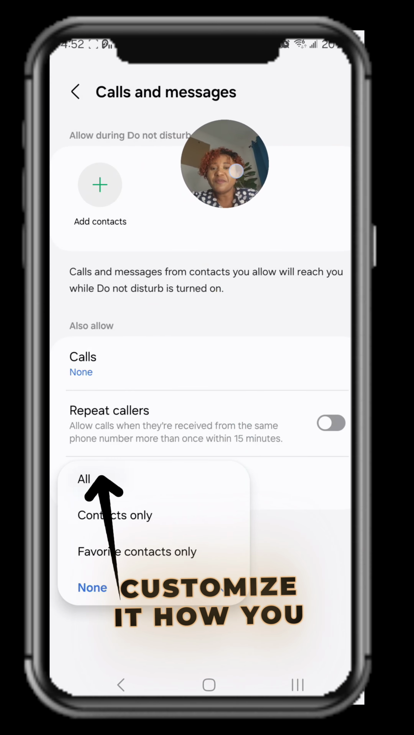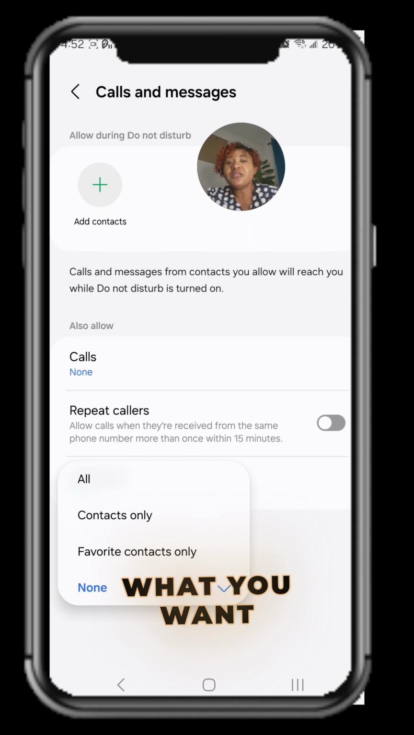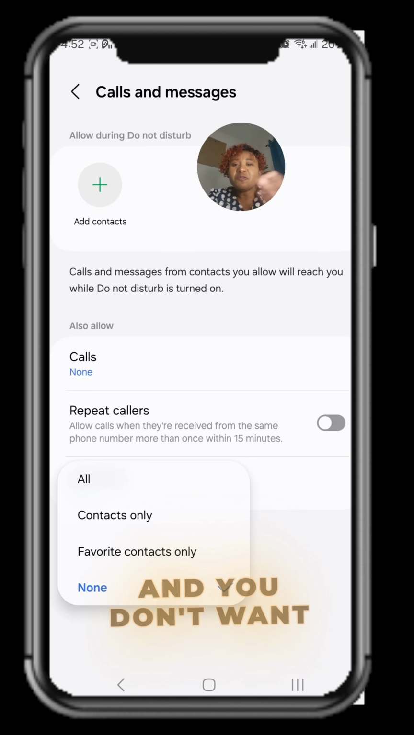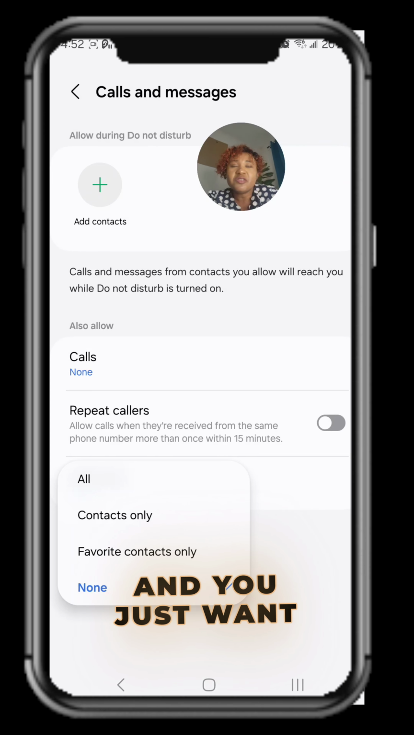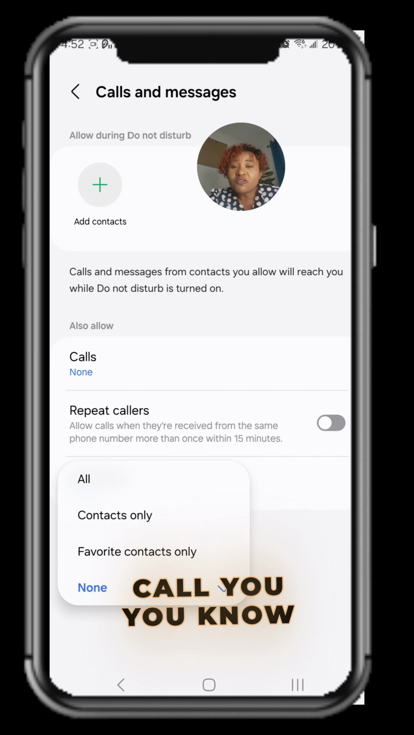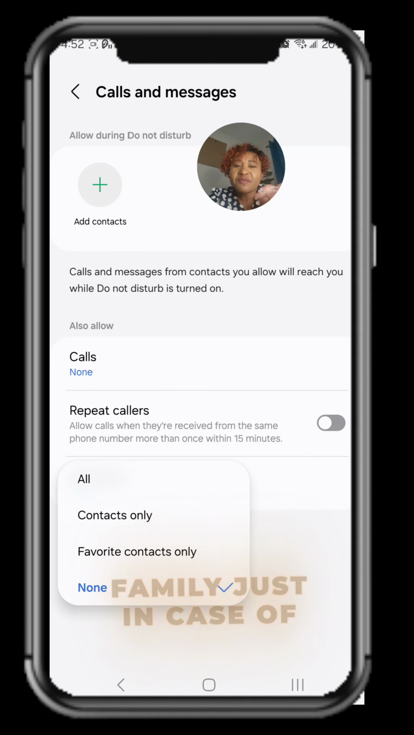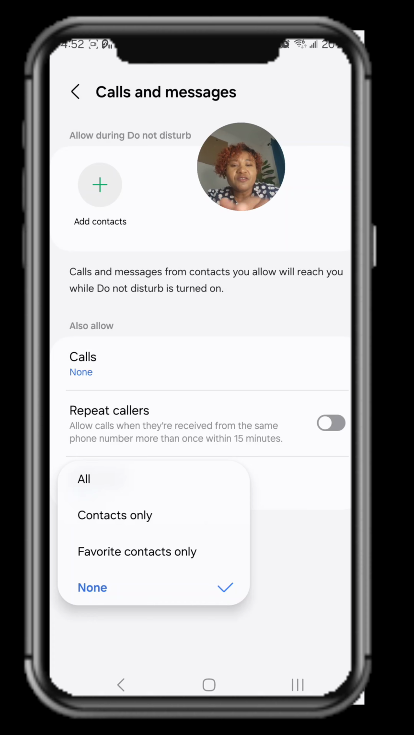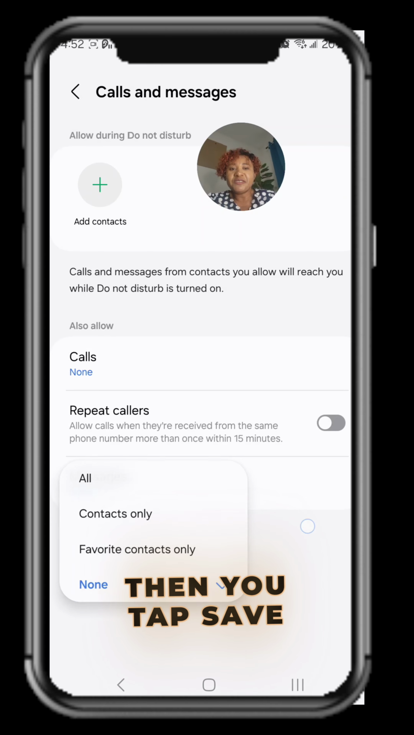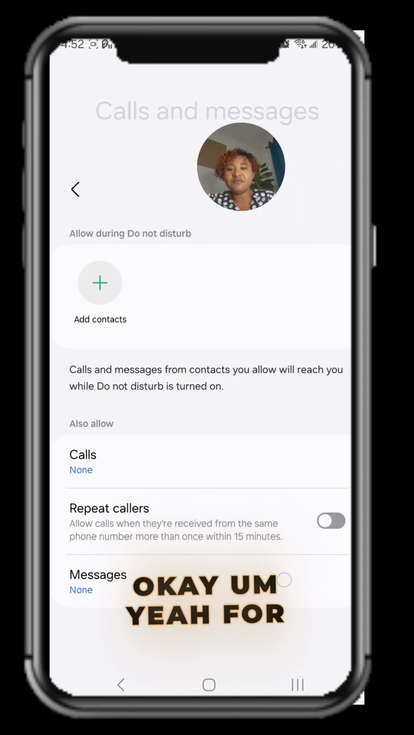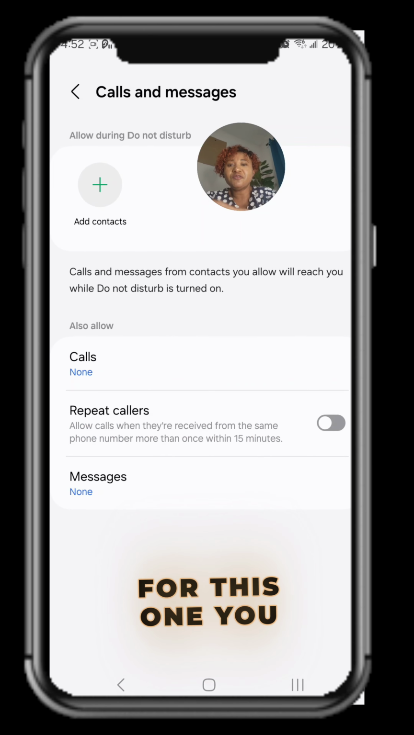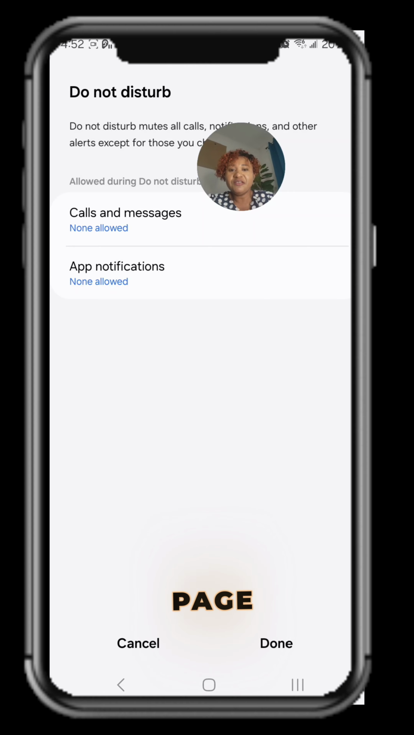You customize what you want to happen when you're driving. If you're driving and you don't want any calls coming in, you just want certain people to call you, you can leave maybe family, just in case of emergency, to let the call come in while you're driving, right? Then you tap save. For this one, you just exit out of this page,